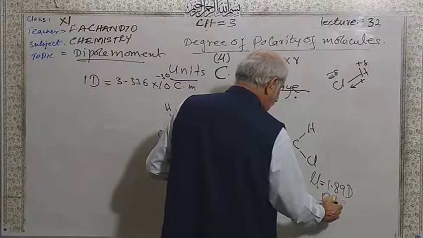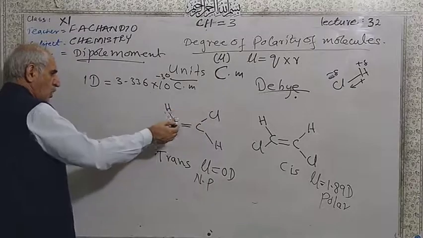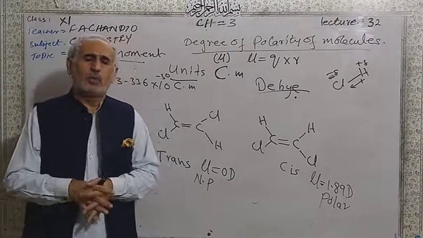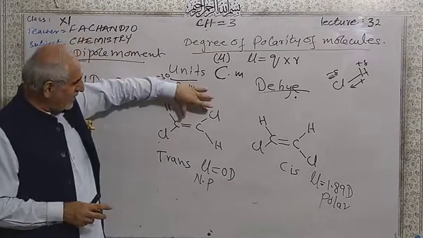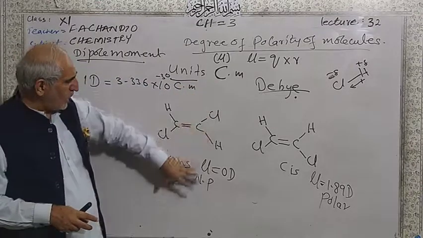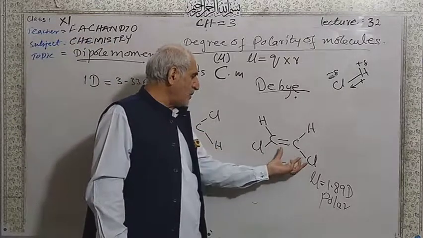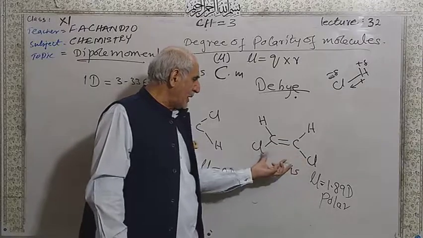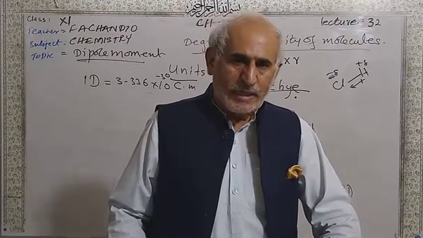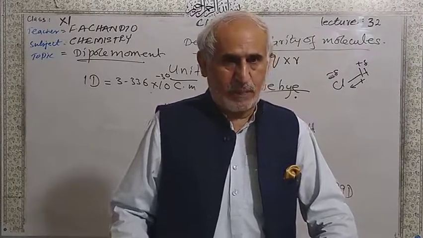This is nonpolar. The reason is that these two opposite chlorines cancel their dipole effect. The dipole is cancelled; this chlorine and this chlorine cancel out. That's why the overall dipole moment is zero and it is non-polar. But for these chlorine atoms, which are electronegative, and hydrogen, their dipoles are not going to be cancelled out. So that's why they show a dipole in the instrument and are polar in nature.